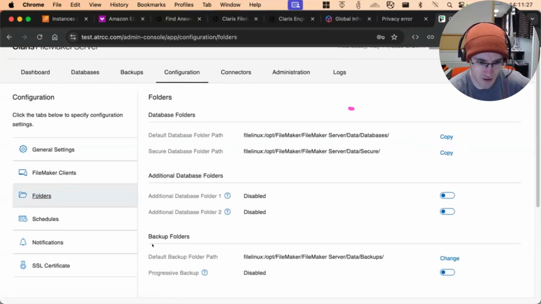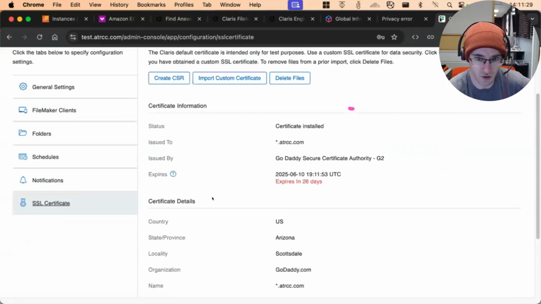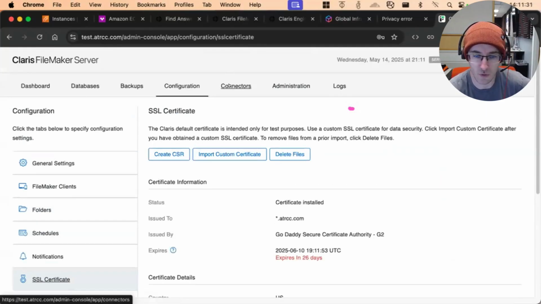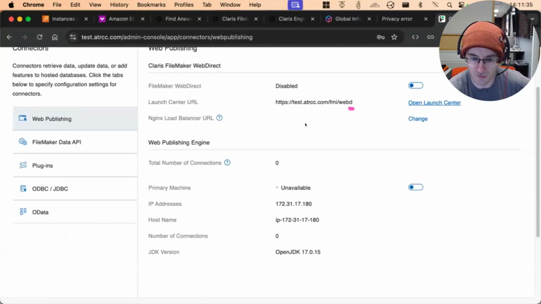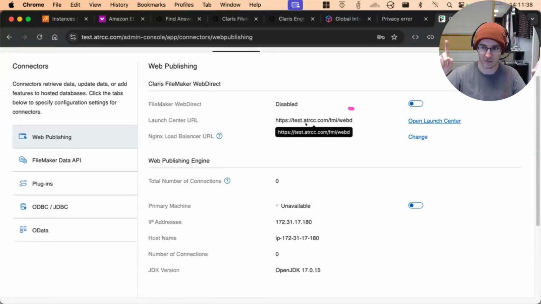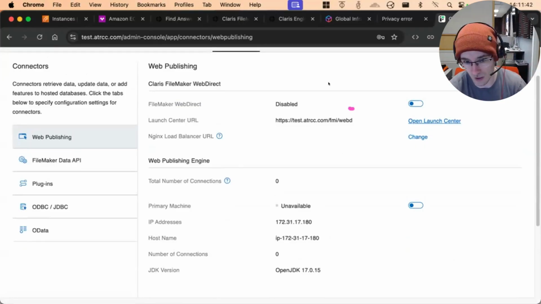You can do folders. This is cool. I'm trying to think. We did SSL earlier. We need to do the RAM cache. This is cool for Windows, Mac, and Linux. So FileMaker Server 21. Right, so for WebDirect here, we don't have it turned on, and then WPE, Web Publishing Engine, is required to run WebDirect. So there are 2 toggles on screen here. You have to do both of them to get WebDirect.